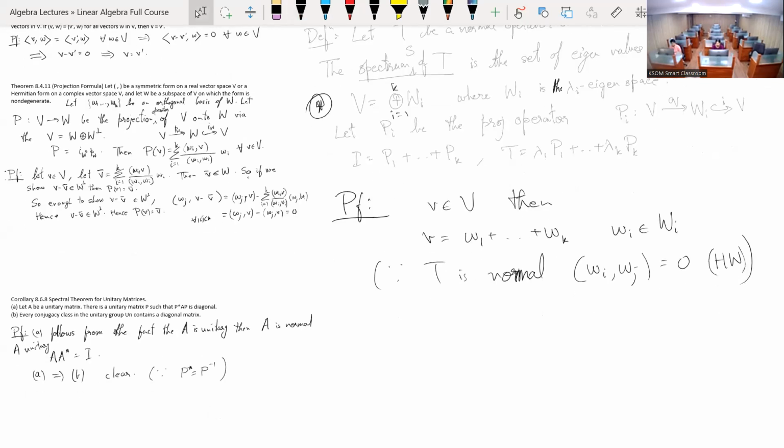So they are indeed orthogonal. And so, what is Pi v? Note that Pi wi is just wi, and Pi wj is